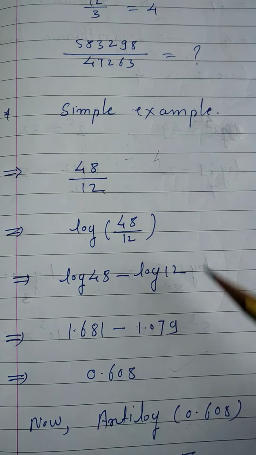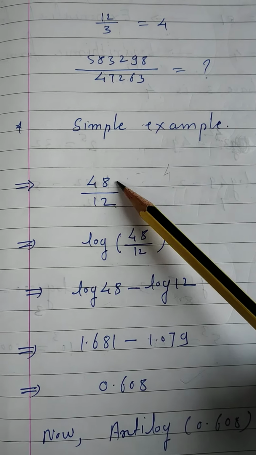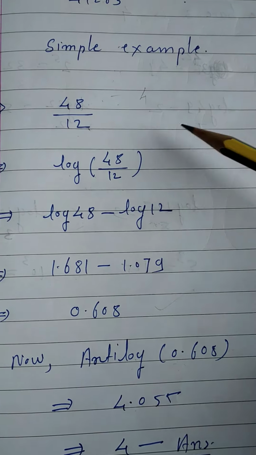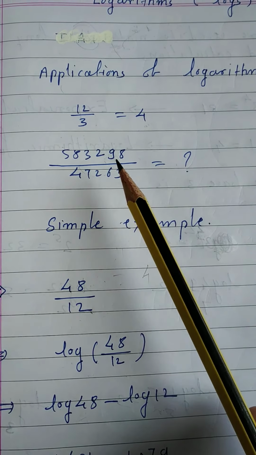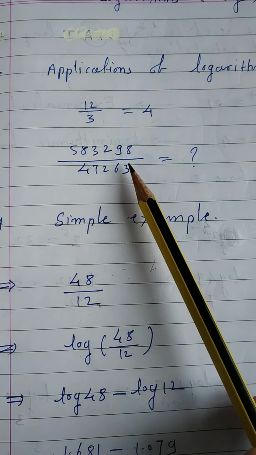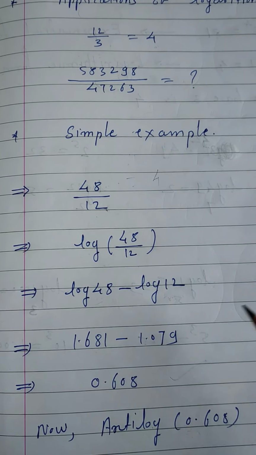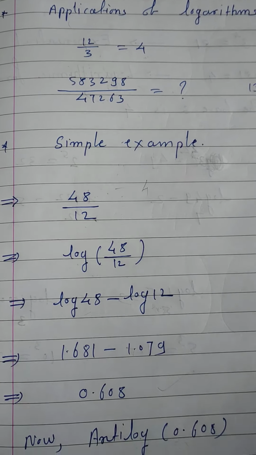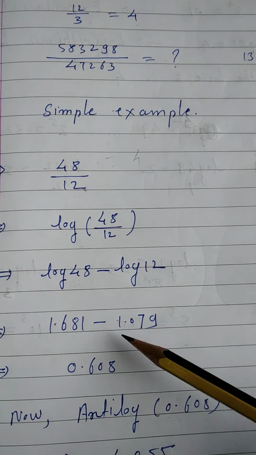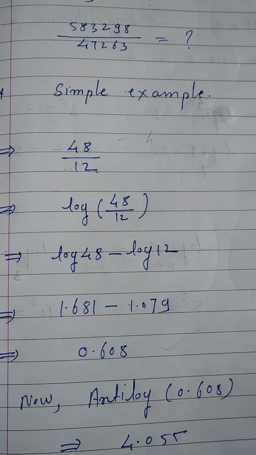Now you might be thinking, sir, it's a difficult task. It's not a difficult task. See, this was a simple example, that's why it looks like a very lengthy process. But imagine if you come across this kind of calculation and you are not allowed to use calculators, don't you think this will be a proper method? So in short, that log table, that log book, will provide you the values. From those values you just have to take the values and go for the calculations.